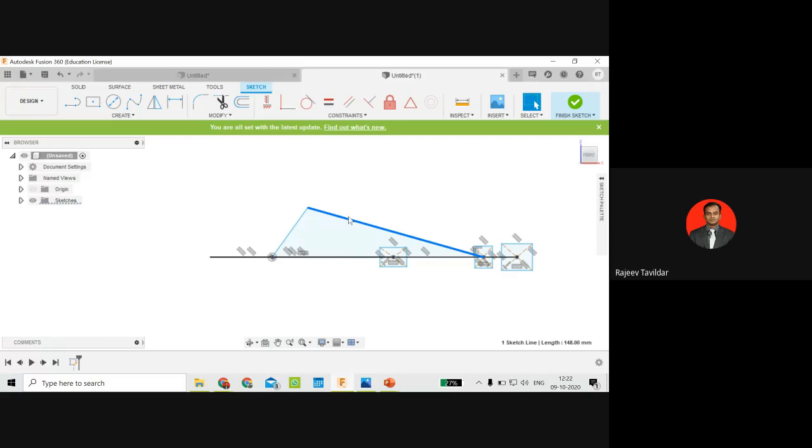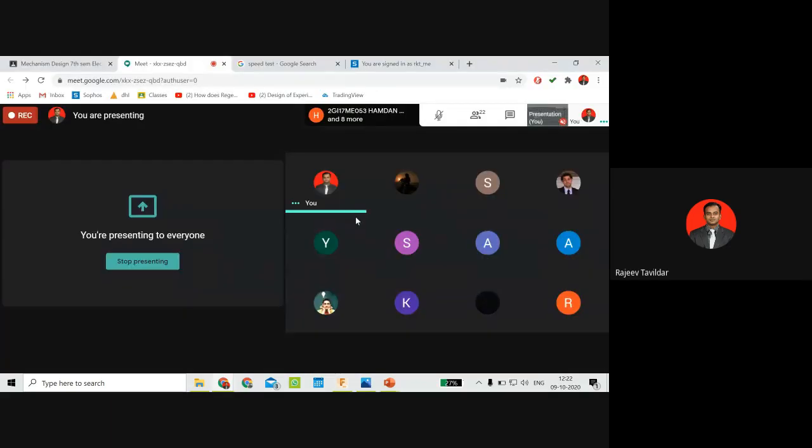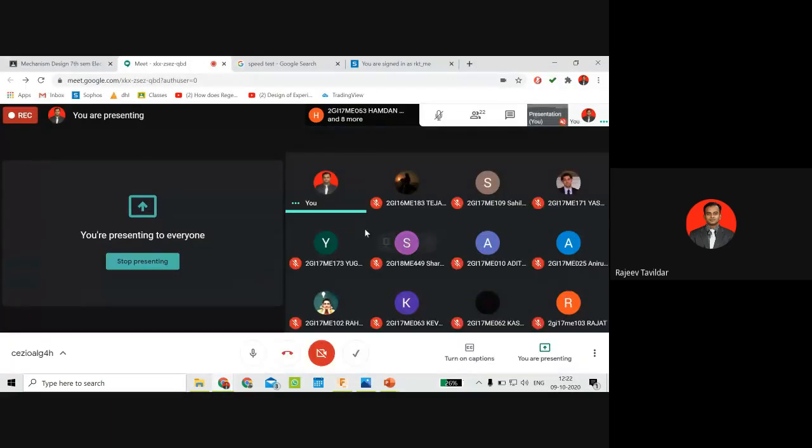Let me know if you have any doubts in this. There are no numericals on this. It's only the theoretical concept. Just by knowing one value, that is either the stroke length or R2 or R3, we can determine all the other dimensions also. Do you have any doubts? No, sir.